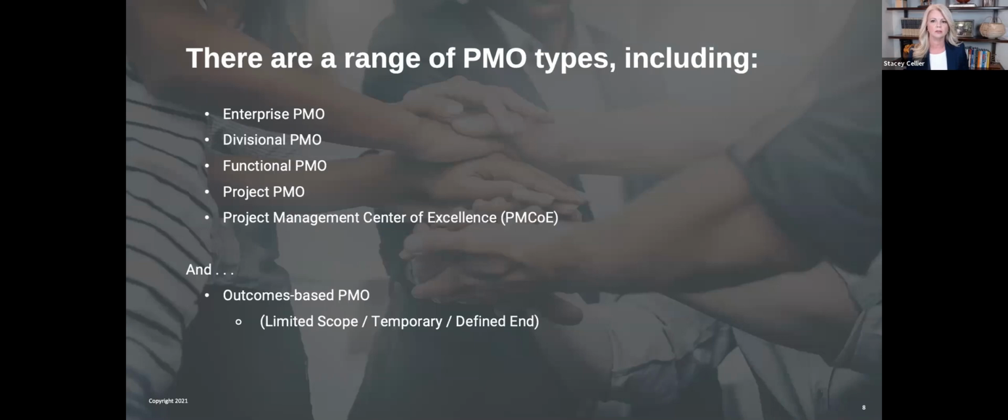As we all know, there's a range of PMO types. You can be at the enterprise level, which I equate with strategic. You can be divisional, functional. There are project-specific PMOs that manage large initiatives, and then you can be serving as a project management center of excellence and really aggregating best